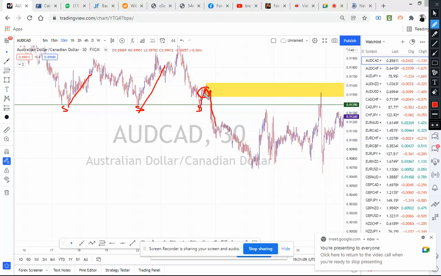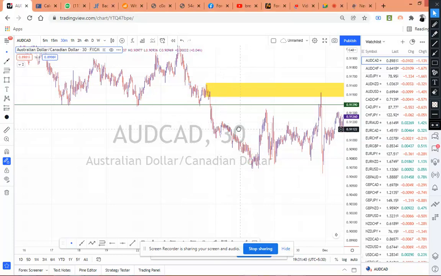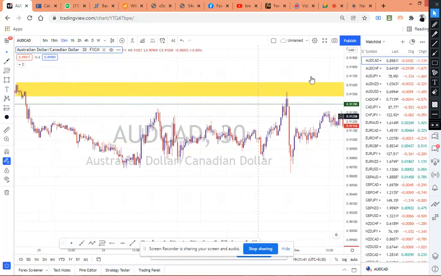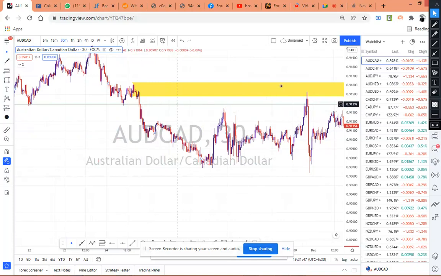The professional, institutional traders start selling, and as they are selling, they manage to push the price down and take their profit. Then once again the price came back to revisit that level, and that is when the market dropped. Look at the candle that formed, a single red candle, very strong compared to this, which is just a movement. But this, look at it, got rejection from the zone, the order block,